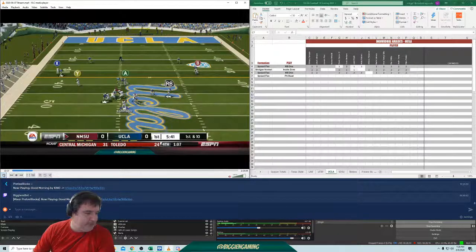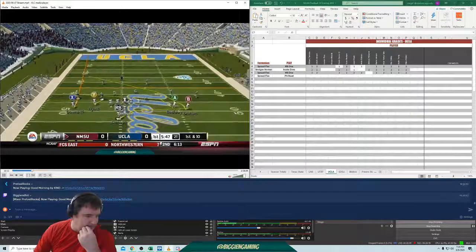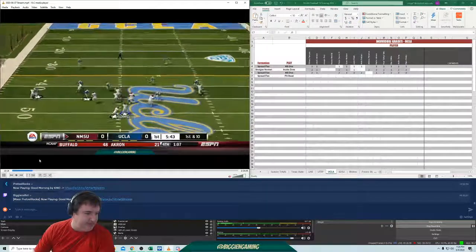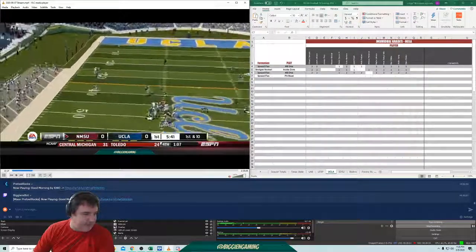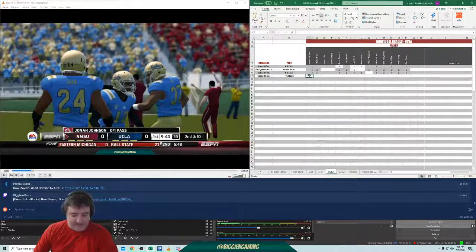Okay. We just missed the route. I mean, that is a first down play right there. That's a good 15-yard play right there if we get that. That's complete. This guy gets left in the dust. Great route by Wyatt, and we just miss. Just straight up miss. 2, 1. Okay. 2, 2.